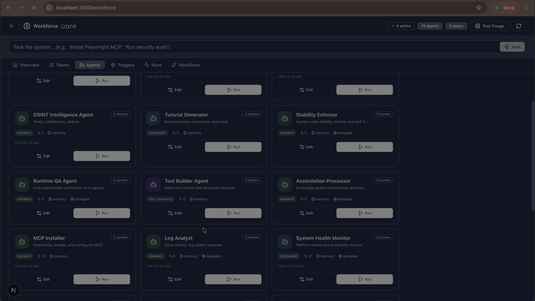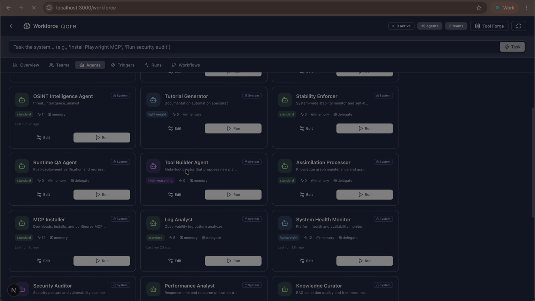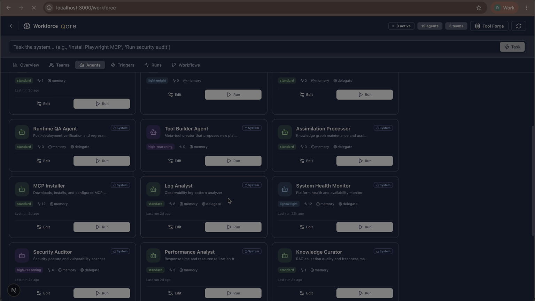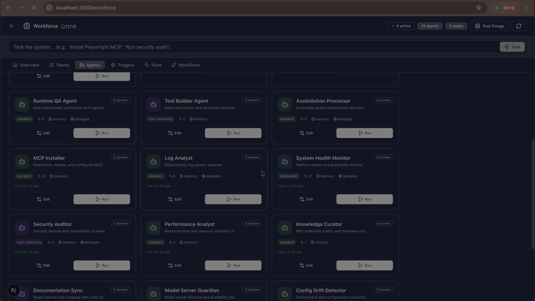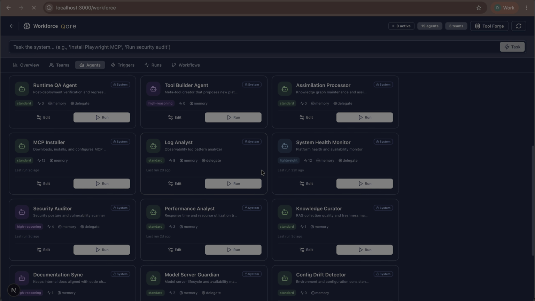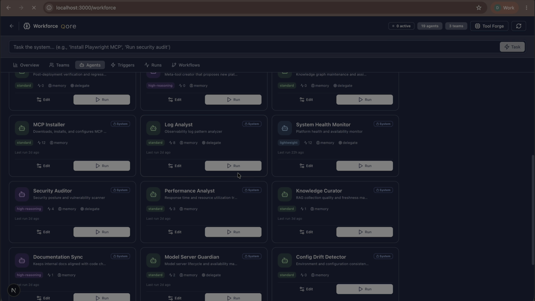identify where new tools are necessary and can assimilate those via the assimilation processor, which maintains an olive graph for skills extraction, an MCP installer for being able to connect to disparate systems for agentic installs, a log analyst, the agent that routinely monitors the logs with a system health monitor that can utilize and delegate these agents. There's a security auditor if you have the forensics package, but the security auditor comes standard. The security auditor will be able to use the forensics package if it's installed, with a performance analyst who monitors